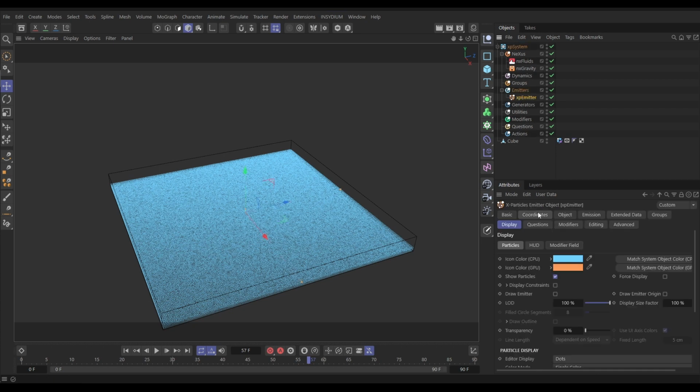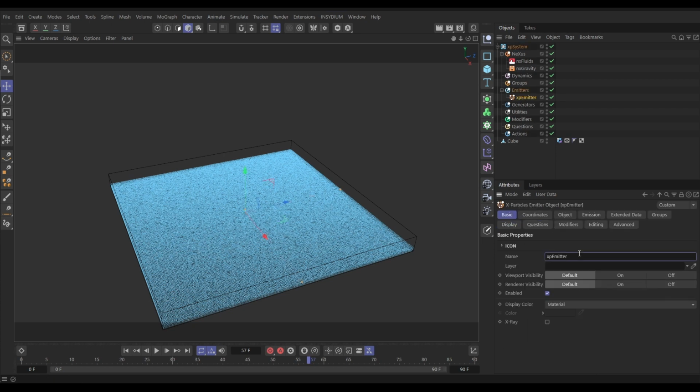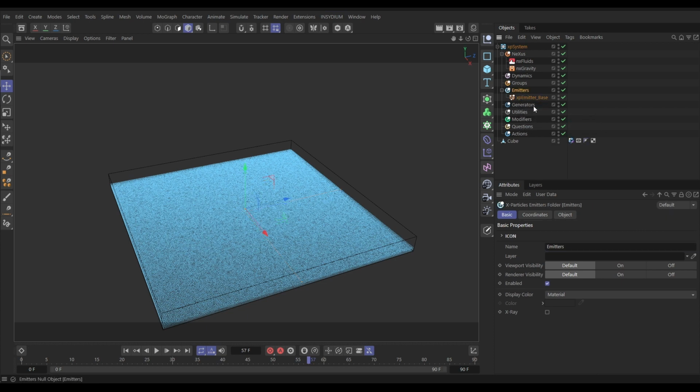Let's just call that emitter base. Brilliant. So now we have got our scene set up with this fluid sim. What we want to do now is emit other fluid particles which are going to float on the surface of our base. So the way in which we'll do that is we will go to our emitters folder